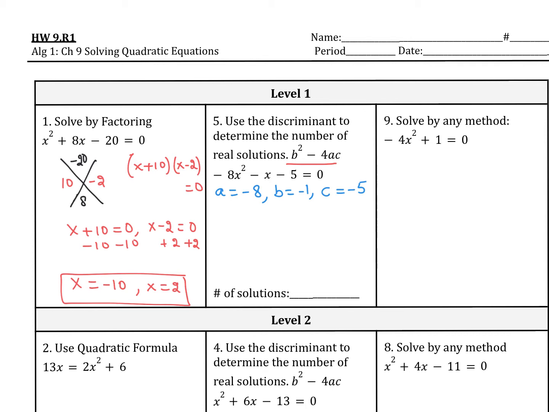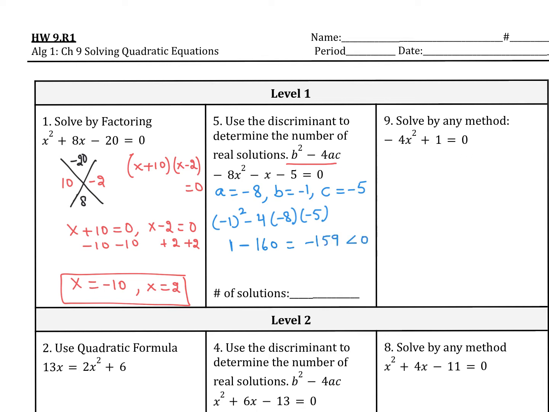Plug it into the formula. That's going to be b squared minus 4 times a times c, and that's going to be 1 minus, so it's going to be -160,